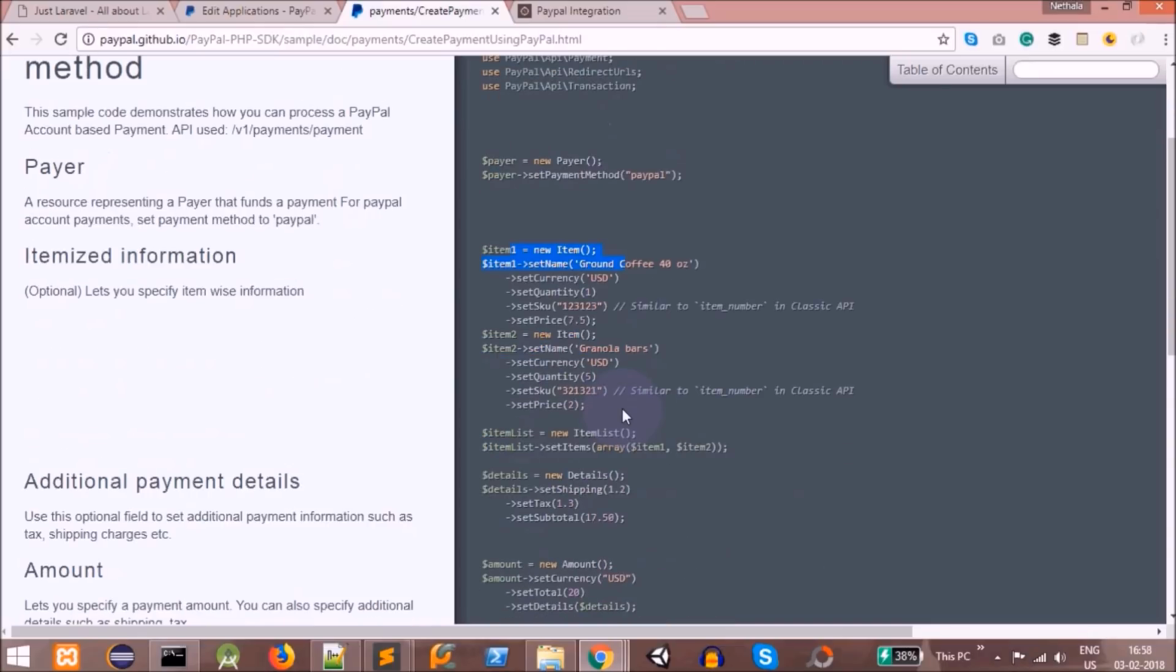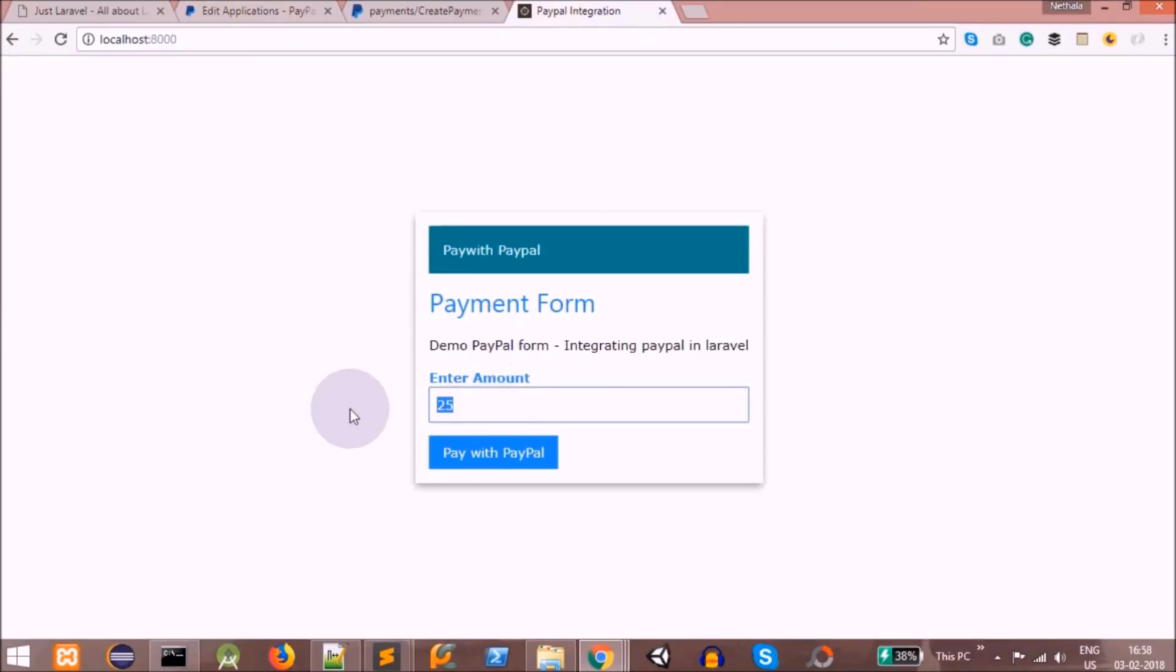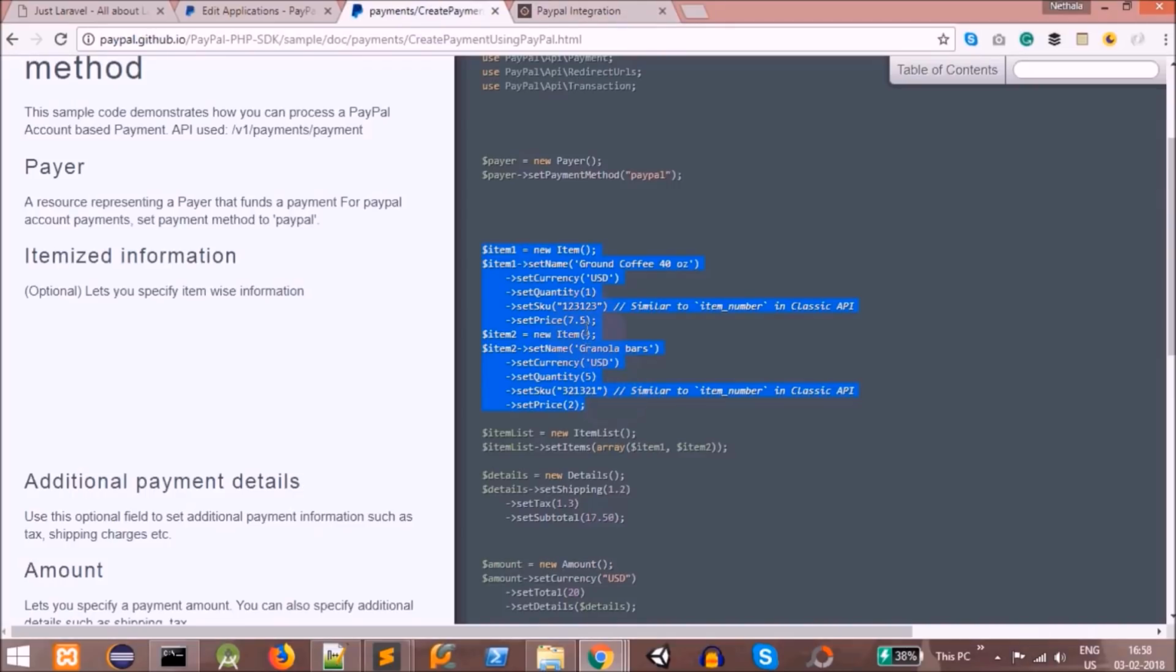That means we can create multiple items, but in our sample application we just have only one. This is the only item we are selling, so we'll set it to one item. And then we need to create the item list. Even if it's one item, we just need to create this item list and set the items in that array. And then